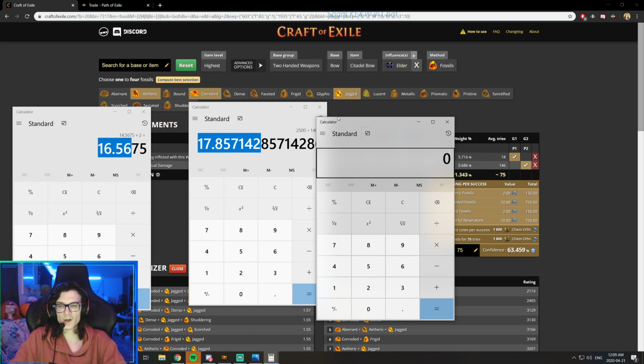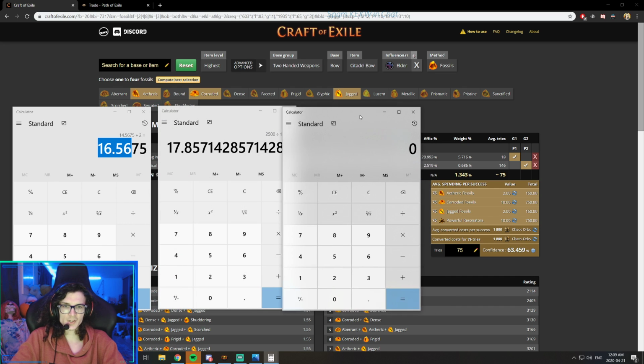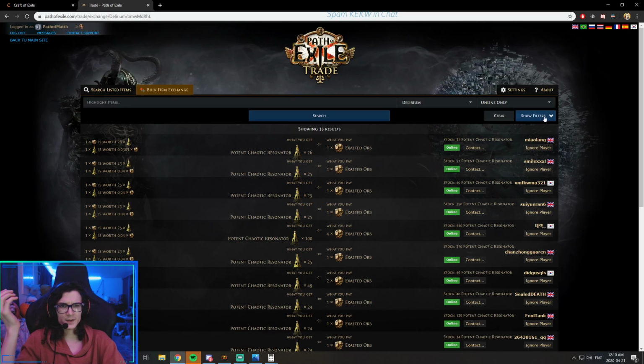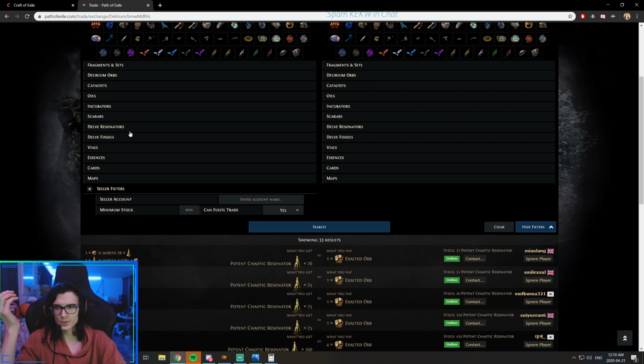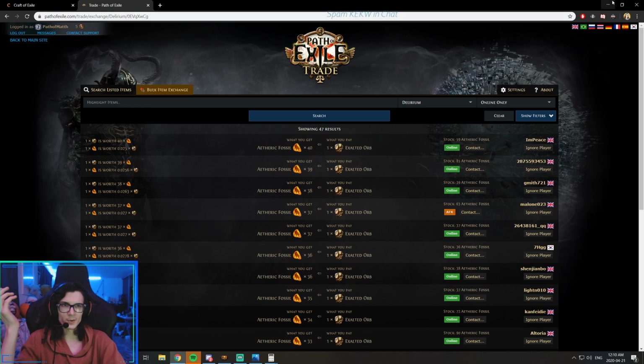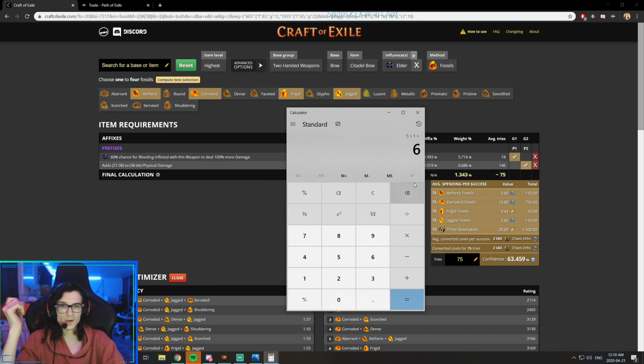In this case, etheric fossils are actually quite cheap. Corroded fossils are not that cheap, but 75 of them is not that expensive. You could check out the price of corroded fossils, which I believe we said was like 15, so that's 5 exalts, and about 1 exalt worth of jagged for 75. Etheric fossils are also not too expensive. Yeah, etheric fossils are like 35 to 40 per exalt. So here we'd be getting, let's just say, 2 exalts for the etheric fossils, and